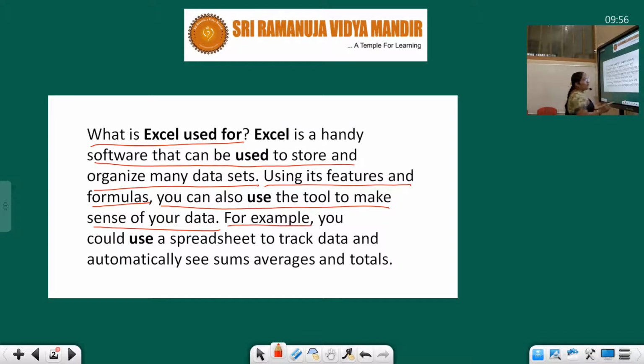So for example, you could use a spreadsheet. What is a spreadsheet? In our mail accounts we have a drive, or we have it on our mobile. In that we have Google Drive. In Drive we can form Google Forms. What are forms? In those forms we can give questions, or we want a response for us from another person. So if you give the questions, or the queries, they will be displayed in a spreadsheet.